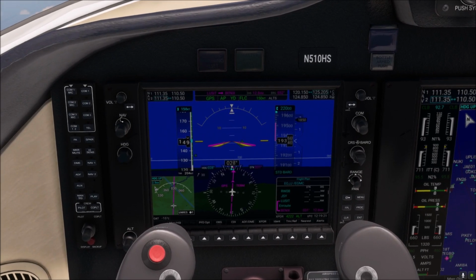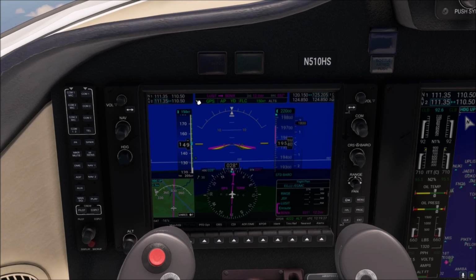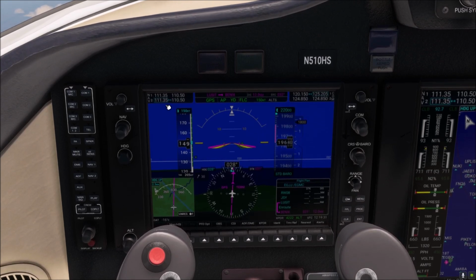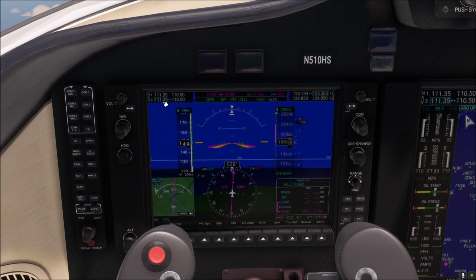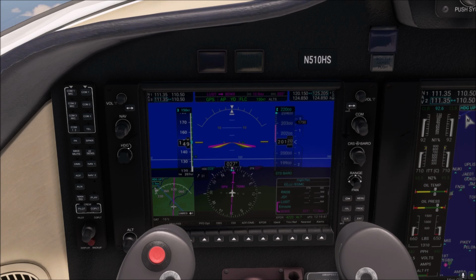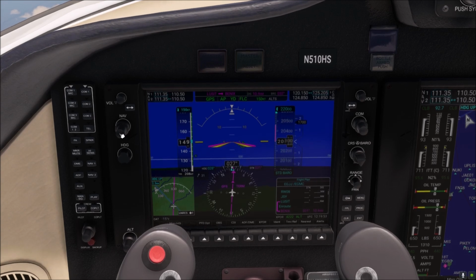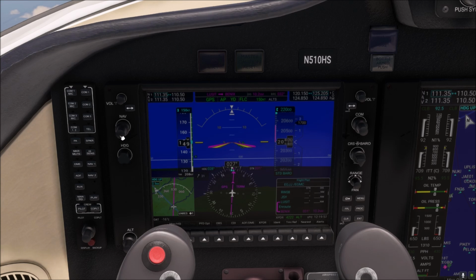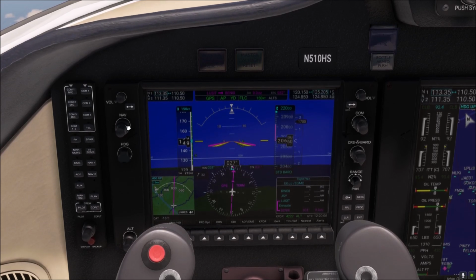Okay, so these two knobs here, the inner and the outer, or the bigger and the smaller, operate the nav frequency here. The standby is on the left and the active is on the right. So you can see that the nav 2 radio is set to 111.35 on the standby, as is nav 1. So what we want to do first of all is, you can flip between nav 1 and nav 2 by clicking the button. So you click the top of this knob here, and at the moment we've just set it to nav 1, and we want to enter the frequency, so we're going to do